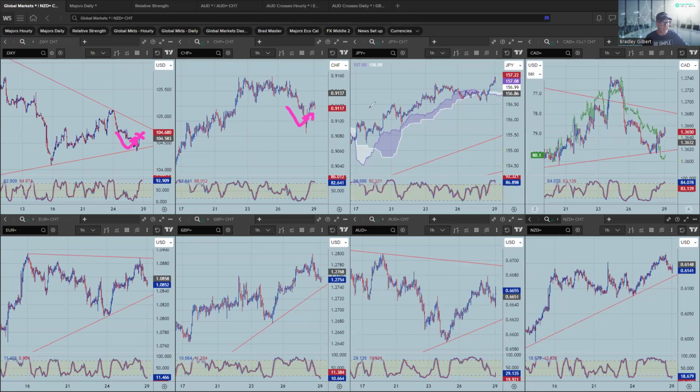We started to see some good weakness there in dollar Swiss, a bit of dollar yen, even the dollar CAD, but they have all drifted back into the range. Euro looks set for a move higher, but once again, the stronger dollar just put an end to that. Now, just coming into what we're looking at today, as far as the opportunities go,